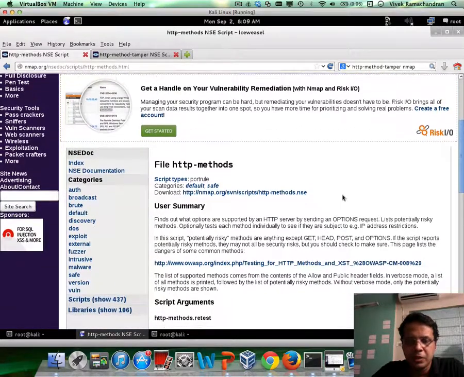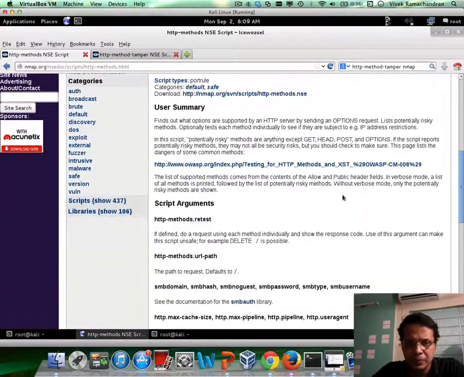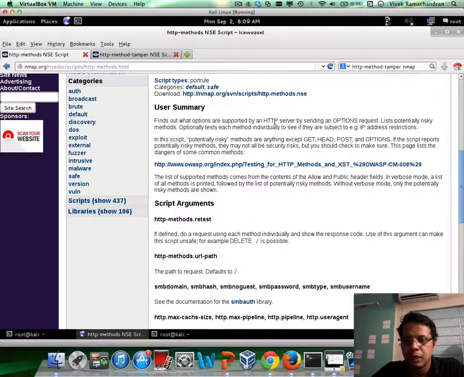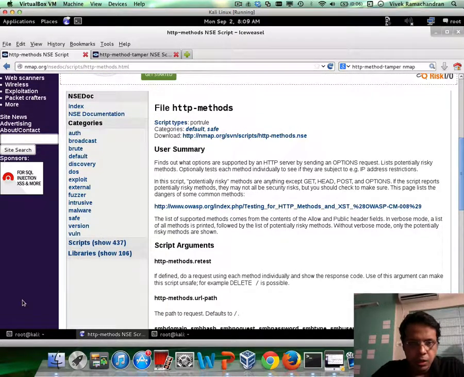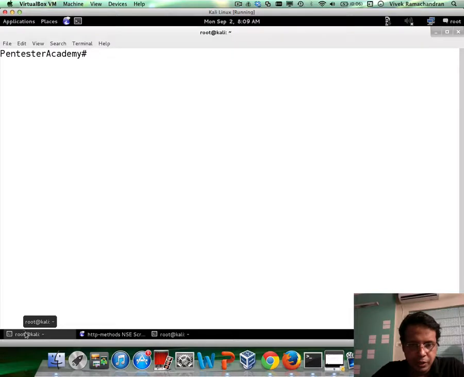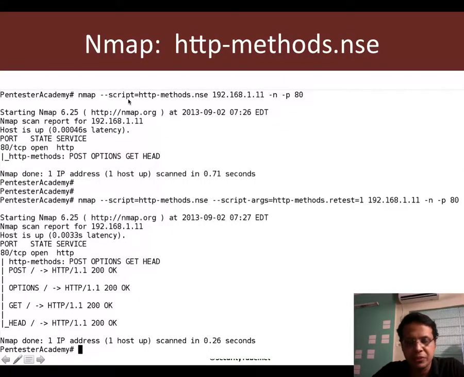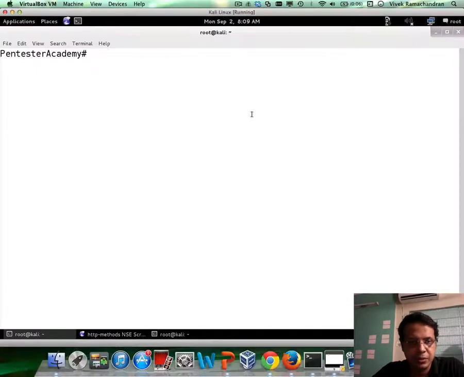And here it is, HTTP methods. So this allows you to go ahead and look at the methods available if the HTTP server is supporting the options request, right? Super simple. So let's go back in here. The options, as I've mentioned on the slides, are really easy. --script http-methods.nse, give the IP address. So we have nmap